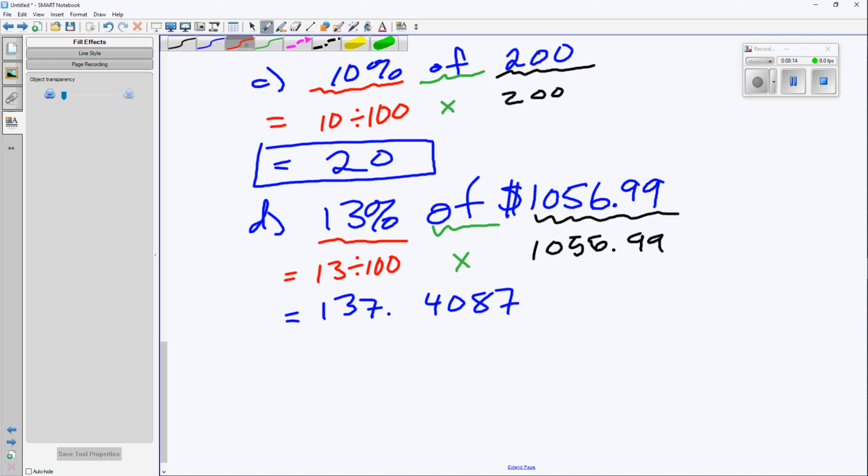When we're looking at this, we're always looking to round to the last 2 decimal places. So the only thing that we have to look at is the next number to the right of those 2 spaces. If that number is greater than 5, we need to rewrite this problem as 137.41. So remember, for rounding,